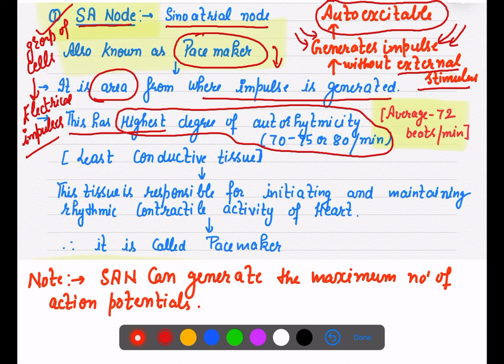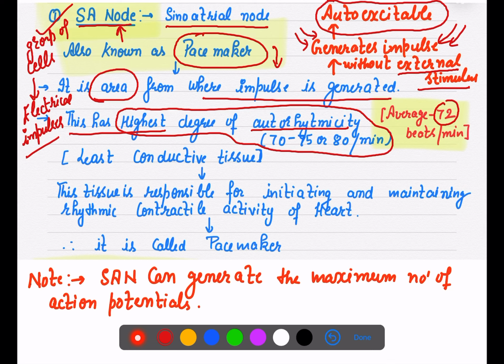They show the highest, maximum autorhythmicity, meaning 70 to 75, or you can say 80 beats per minute. Our heart in a minute beats 72 times, and that beat, that excitability, arises from the